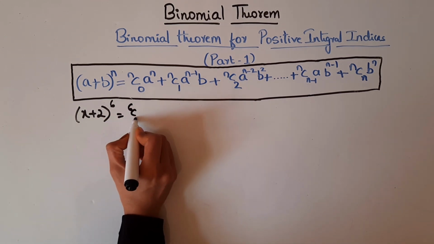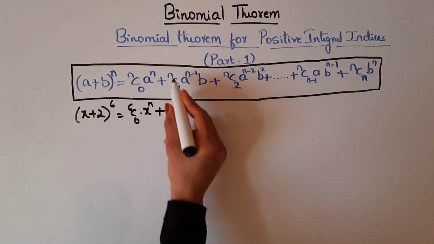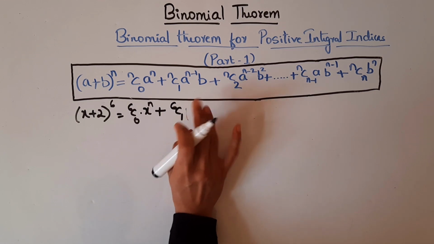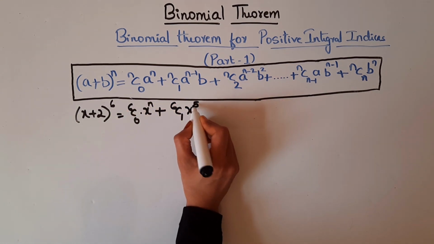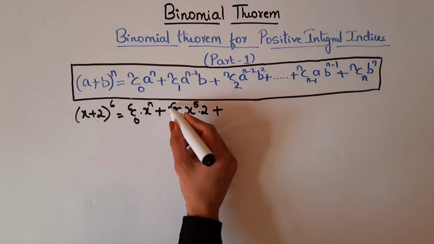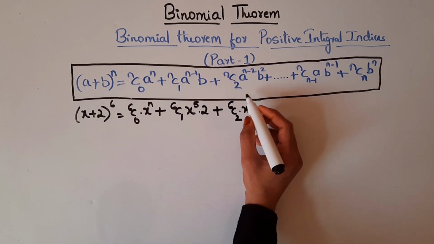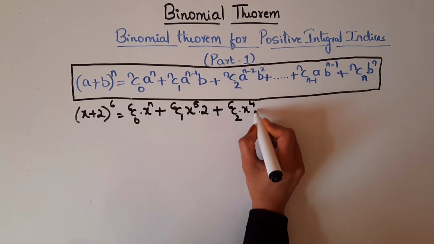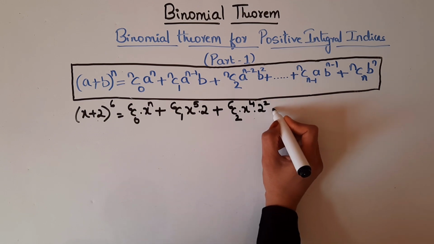So we have 6C0 into x^n plus 6C1 into a power, a here is x, so x^(6-1), so 6 minus 1 is 5, into b, here is 2, plus we have 6C2 into x power n minus 2, 6 minus 2 is 4, b square, b here is 2, so 2 square, plus